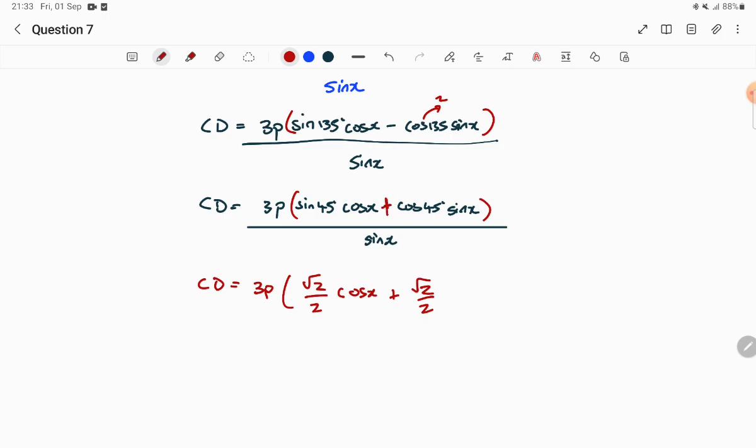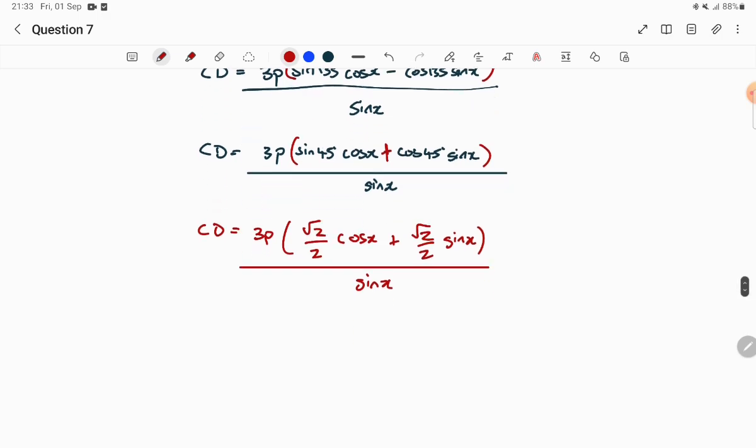So root 2 over 2 sine x, and looks like we have our answer almost. We would just need to factor out our root 2 over 2. So to do that, let's first factor that out. So if you factor out root 2 over 2, 3p root 2 over 2 (cos x plus sine x)